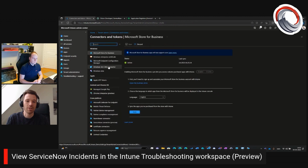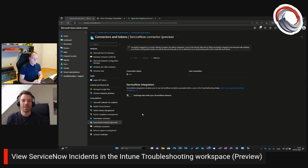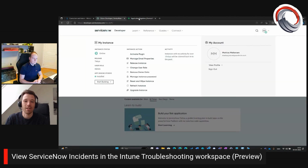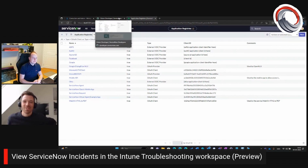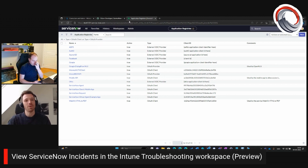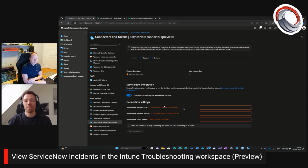And we need to go to connectors and tokens, and there we will have this ServiceNow connector preview. And in order to set this up, you would, of course, need a ServiceNow environment. So I've been spending most of my nights setting up a ServiceNow developer tenant, and there's lots of stuff going on before this with OAuth authentication towards Azure, et cetera, with client secrets. Nothing I'm going to bore you with, but nevertheless, after all this trouble, I'm able to build this into the Intune portal. It fails on me. So obviously something I haven't done properly,